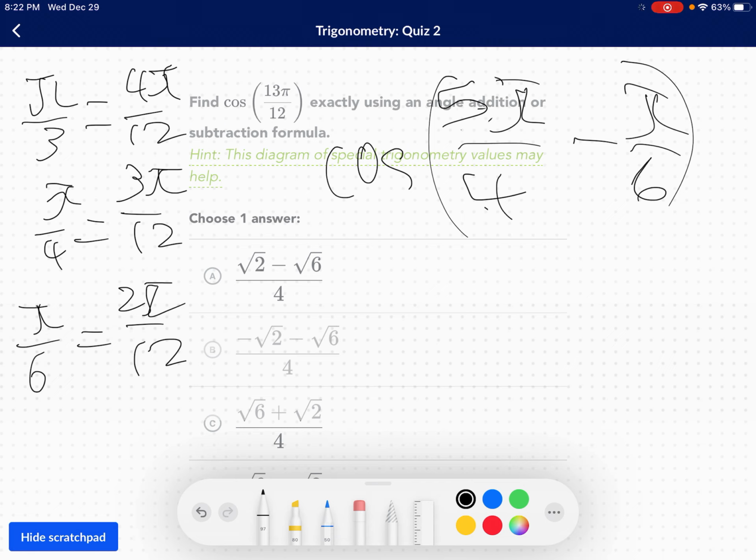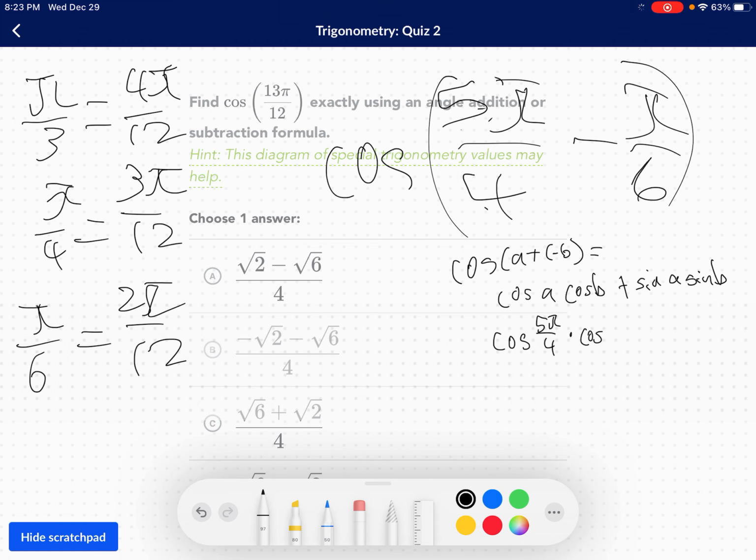And then the identity goes like this: cosine of A plus negative B equals cosine A cosine negative B, or B, because that's an identity, minus sine A sine negative B. Or, well, I think you can do this. So you can do this, I think. Okay, and then so cosine A, so this is going to be cosine 5 pi over 4 times the cosine of pi over 6, you need to negate it because it's an